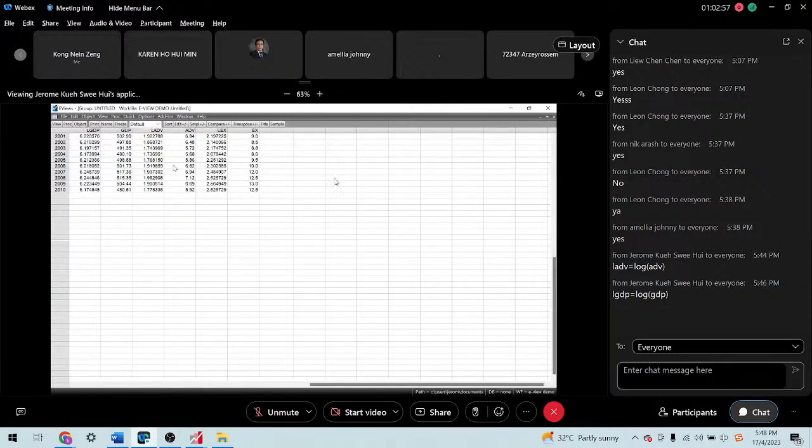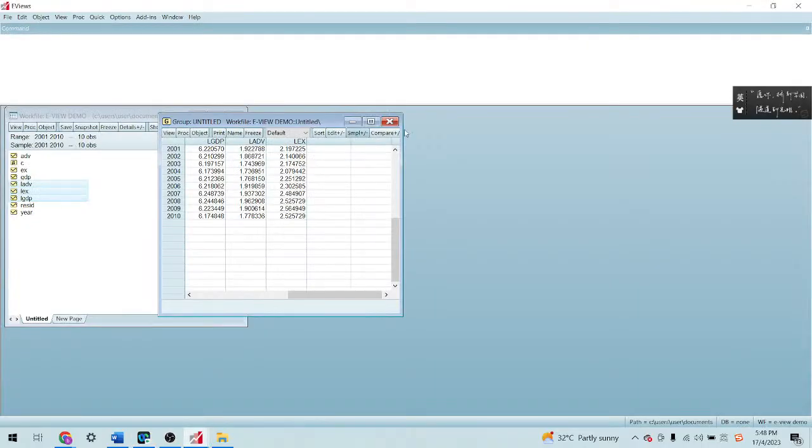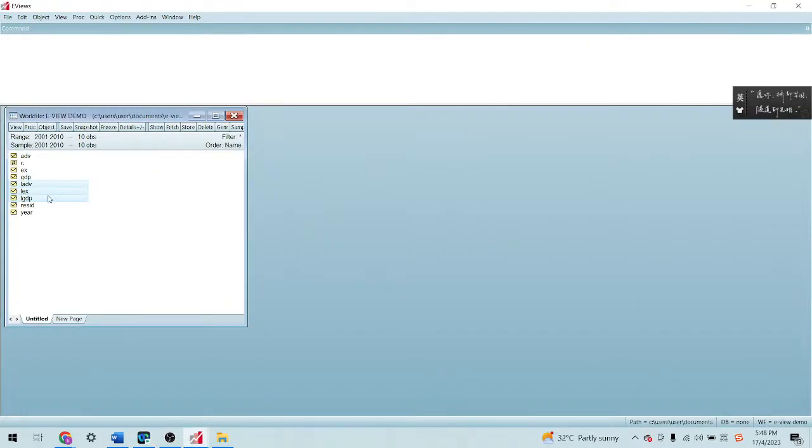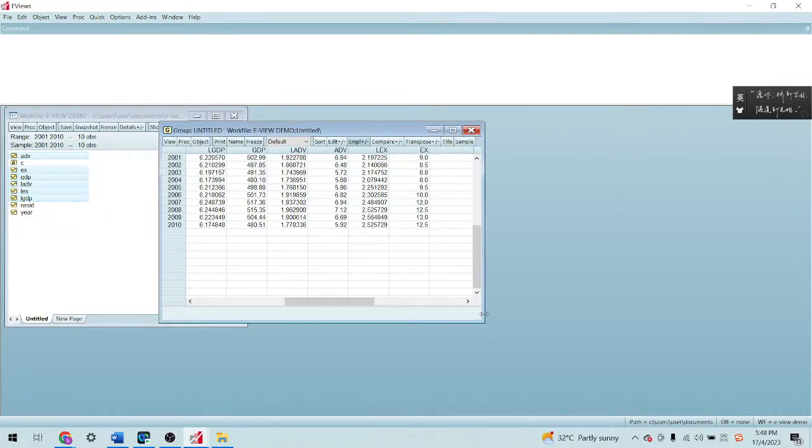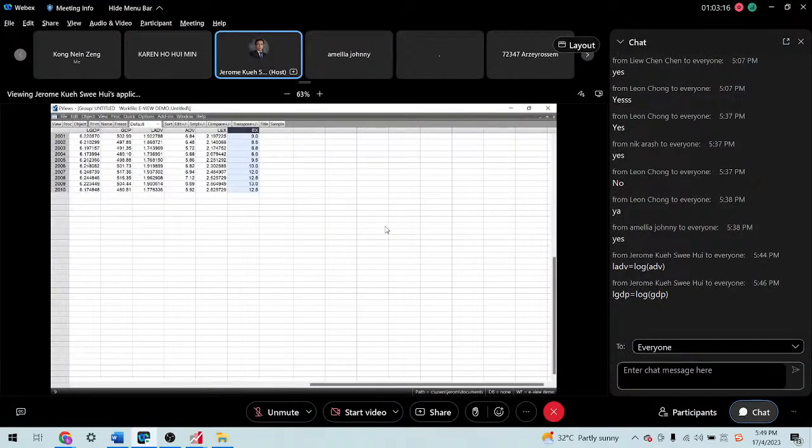This is the new variable created. This is the original for the GDP. The LADV new variable created, this is the original. The LEX created, this is the original. So you can see even from this 500, the GDP now becomes 6 point something. So 500, some are 400 plus. Okay? But now you can see that the gap or the variance has been reduced a lot.